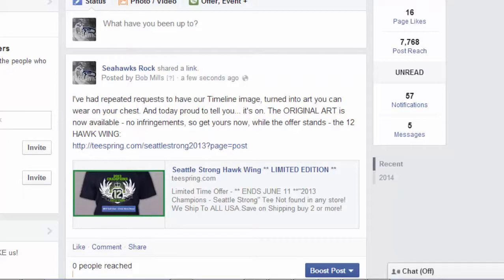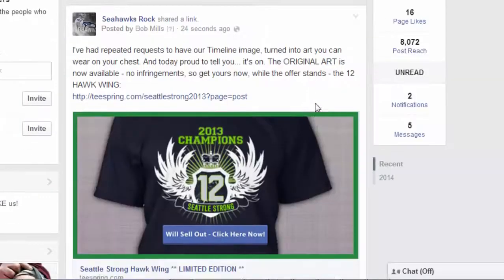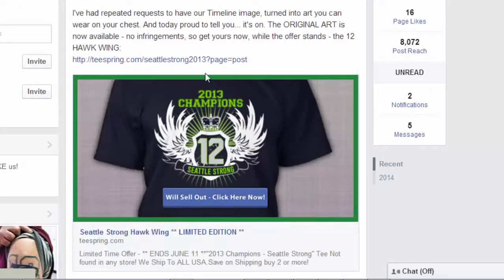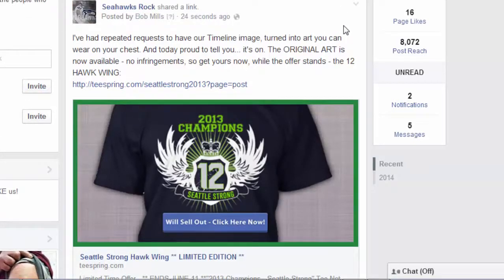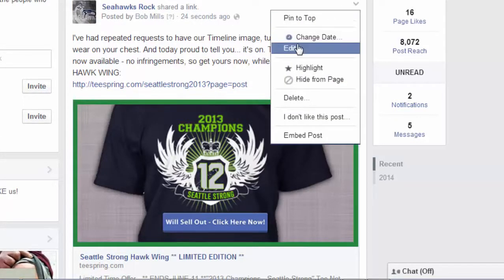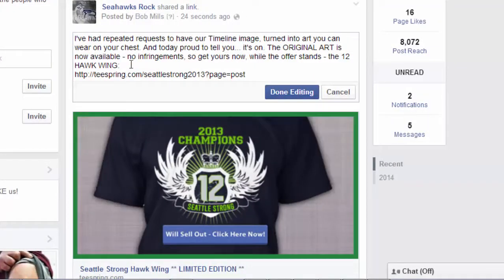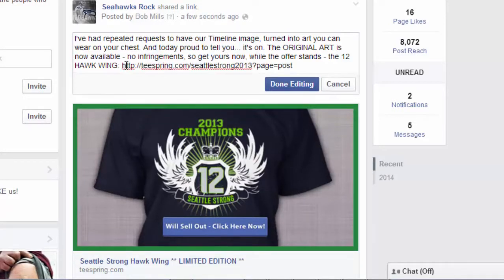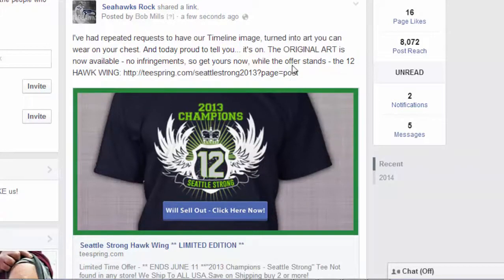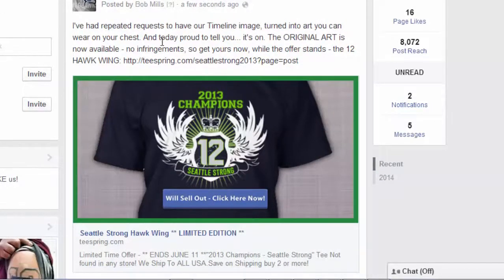Now we're going to refresh the page because it's going to change the imaging here. And now you see it's refreshed the page and it's made everything big. One thing I don't like the look of is this colon here, and then the link has gone down. I can fix that because this is just a regular old page post. I can edit it, whereas if it was an ad I did in Ads Manager or in the Power Editor, I couldn't edit the ad. So by doing it this way, I have control,